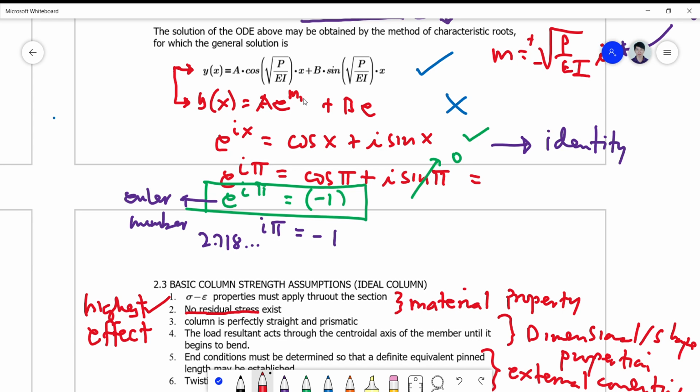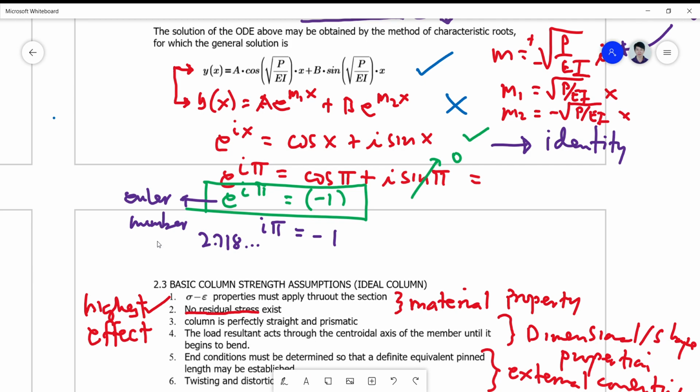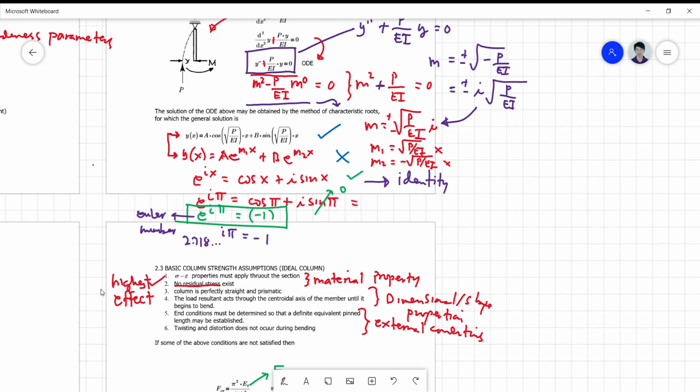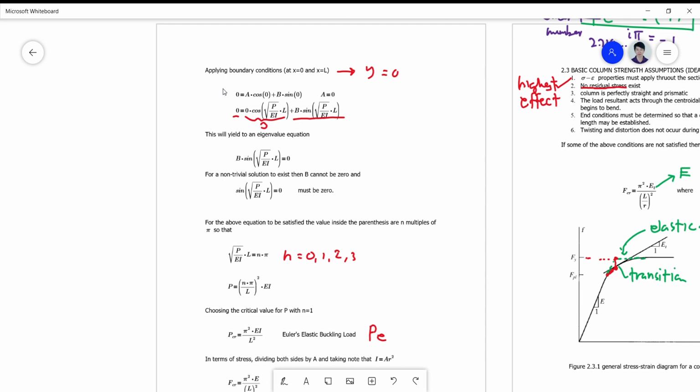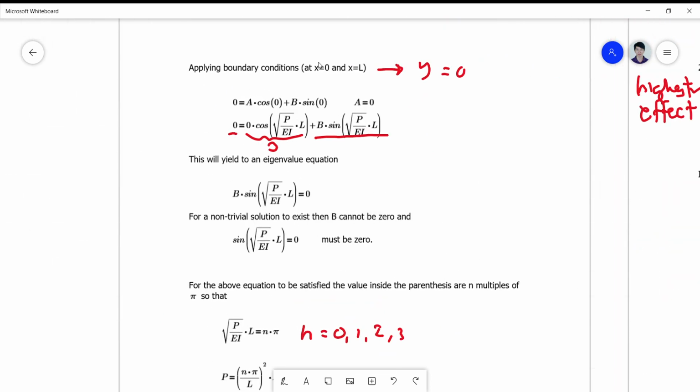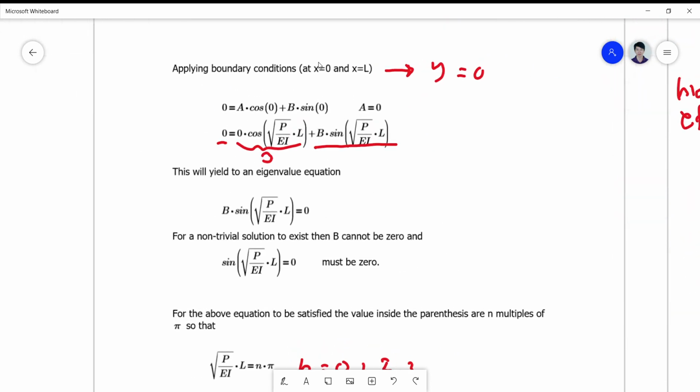Okay, e to the m1 x, and this is e to the m2 x, where m1 is square root of P over EI x, and m2 is negative square root of P over EI x. So this is mathematics. So you just take note of what you learned in math. Okay, to continue applying the boundary conditions, or simply substituting the values into those equations by substituting x equals 0